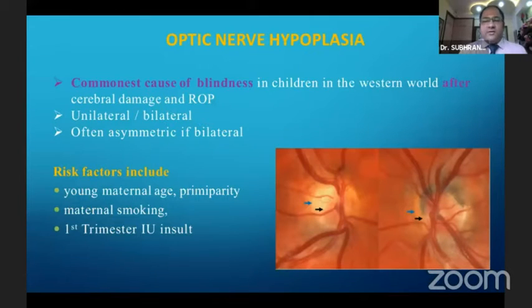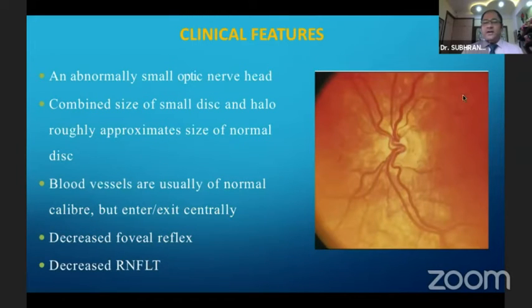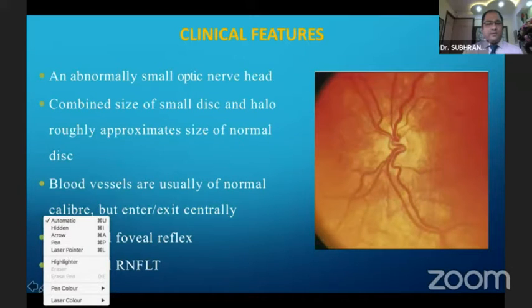So coming to the first, optic nerve hypoplasia. It is the commonest cause of blindness in children in the Western world after cerebral damage and ROP, usually unilateral or bilateral. If it is bilateral, obviously it will be an asymmetric presentation. Risk factors include a young maternal age, primiparity, and first trimester intrauterine insult. So what are the clinical features? We get an abnormally small